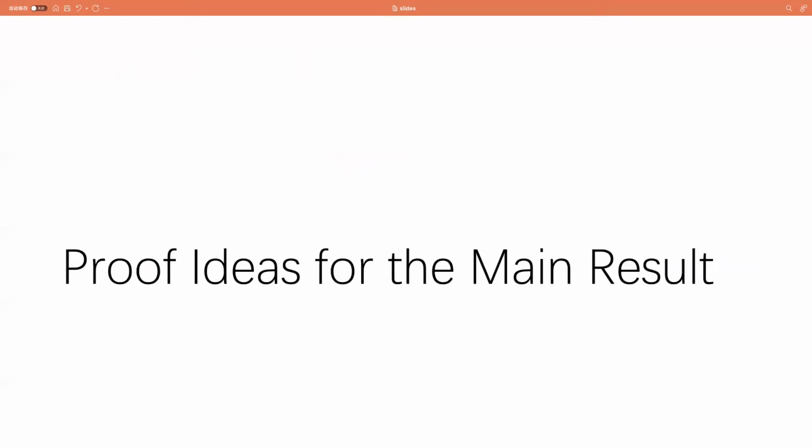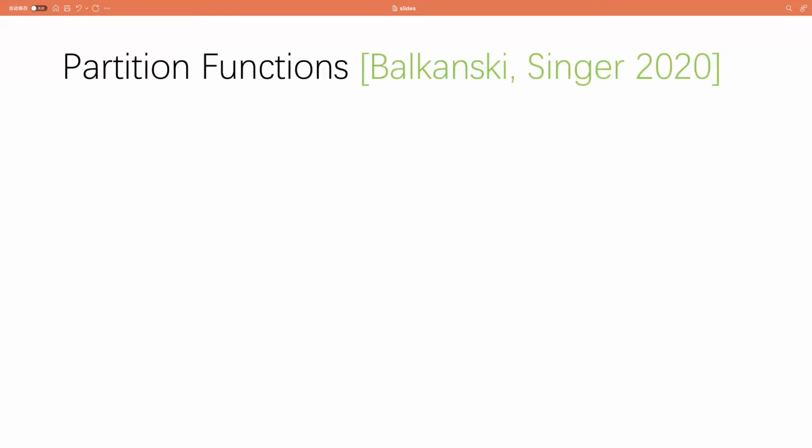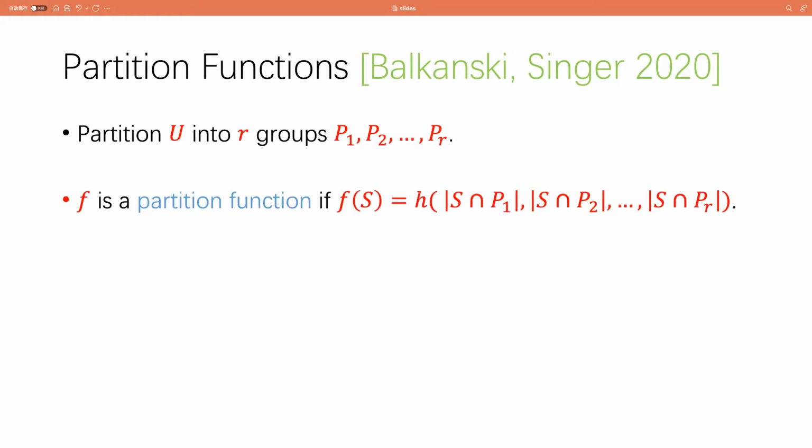So in the rest of the talk, I will briefly talk about the proof ideas for the main results. In this work, we use the same framework as the previous results given by Balkanski and Singer. We consider a special group of functions called partition functions. In a partition function, we divide the ground set U into R groups P1, P2 to PR, and we say